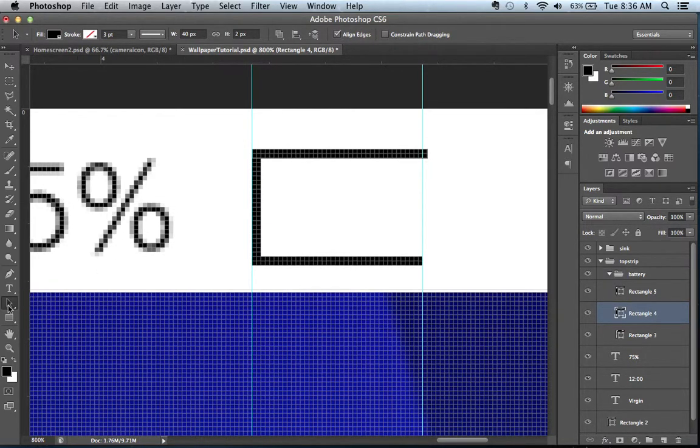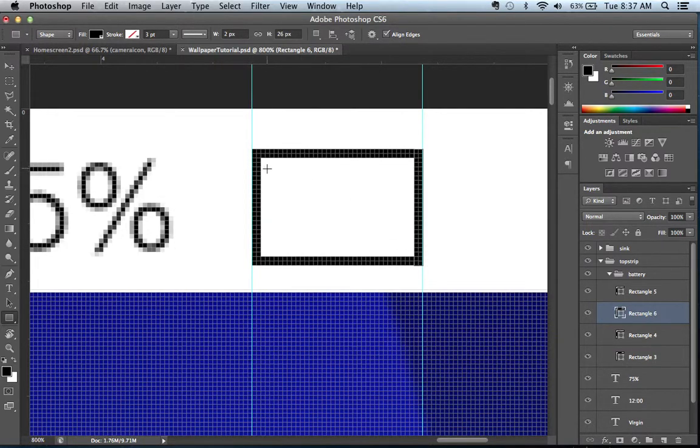I just hit A, and I'm using this quick selection tool just to select each shape. Or you can select from the layer panel. So I'm just going to select from there, hit Command T, and snap that in there. There we go. So that's one of the fantastic things about using these guides. Okay, next let's create, oh, and I've just hit the rotate tool there. I'm going to hit the shape tool. Next bit of the battery,